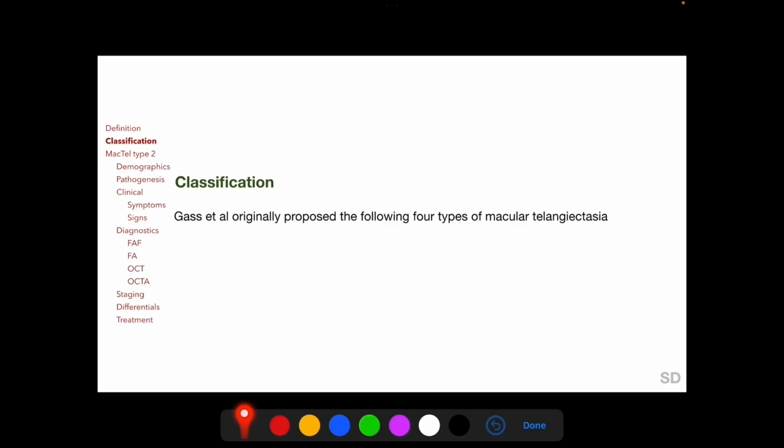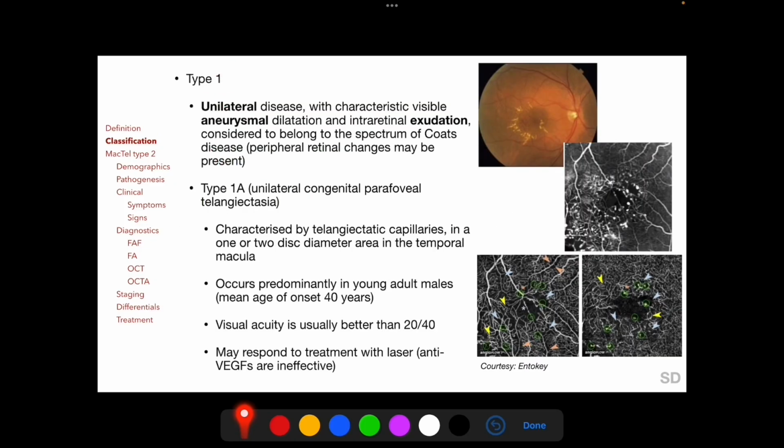Gass et al. originally proposed a classification system for macular telangiectasia, classifying it into four types. Type 1 macular telangiectasia is a unilateral disease with characteristic aneurysmal dilatations of juxtafoveal capillaries and intraretinal exudation, as seen here in this clinical photograph. Type 1 macular telangiectasia is considered to belong to the spectrum of Coats disease, which, as we have discussed in the previous session, is also a unilateral disease with characteristic aneurysmal dilatations of retinal blood vessels and exudation in the